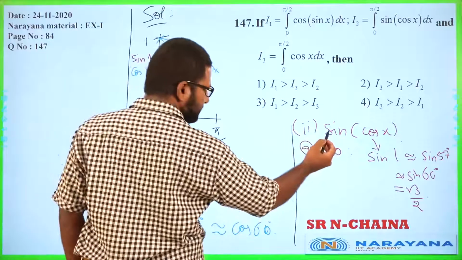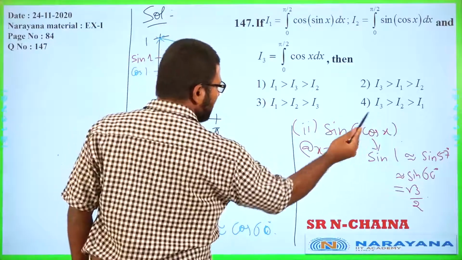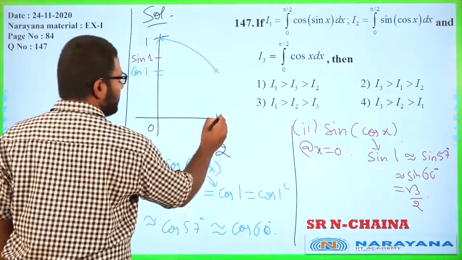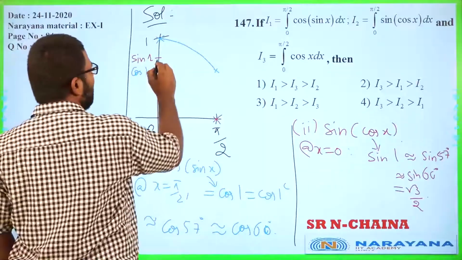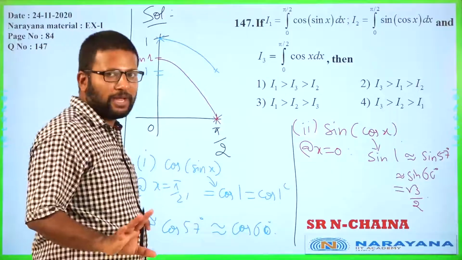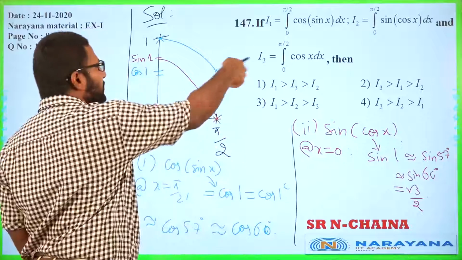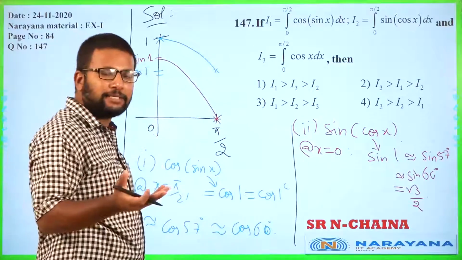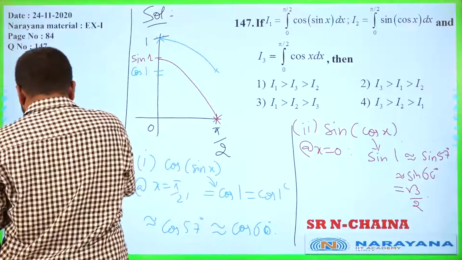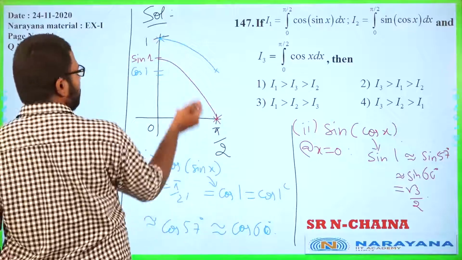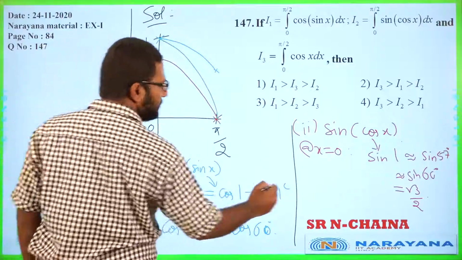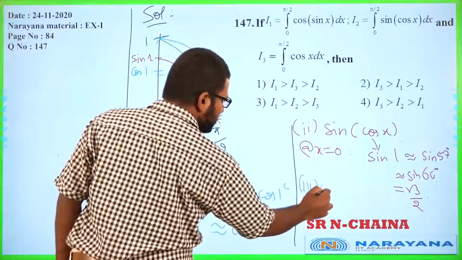And then at x equal to pi by 2, cos pi by 2 is 0, sine 0 is 0. So it will come here, which means the second graph will go up to this point, right. Okay, up to this point is fine. Third graph is cos x, nice and easy, you know how to deal with it. Cos x, we know it goes from 1 to 0, between 0 to pi by 2. So like this. So just to be clear, the third function is cos x.